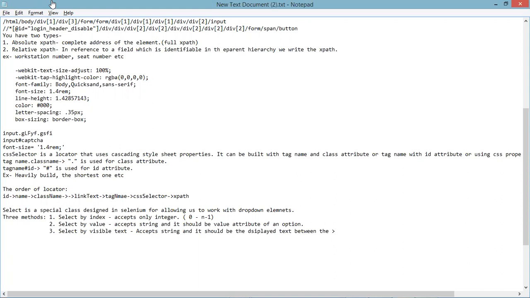Can I just give these? No. If you give that, then you'll get confused. You have to say opening and closing node of option tag.